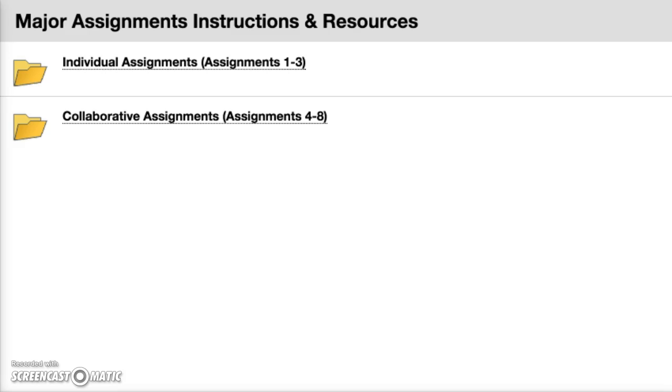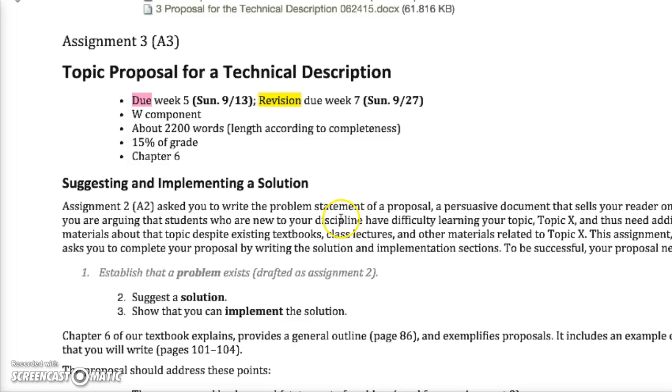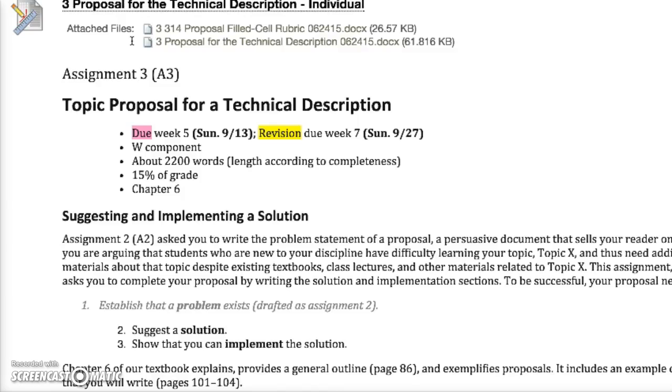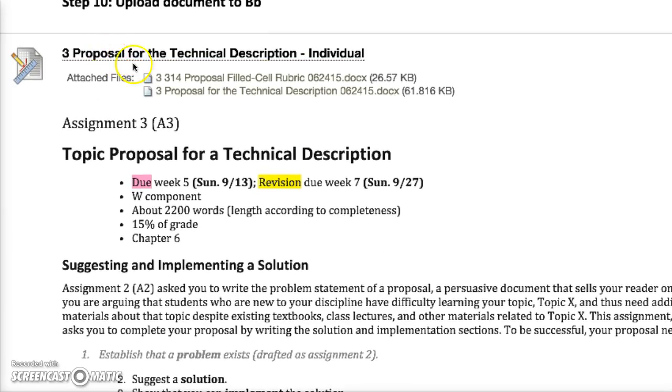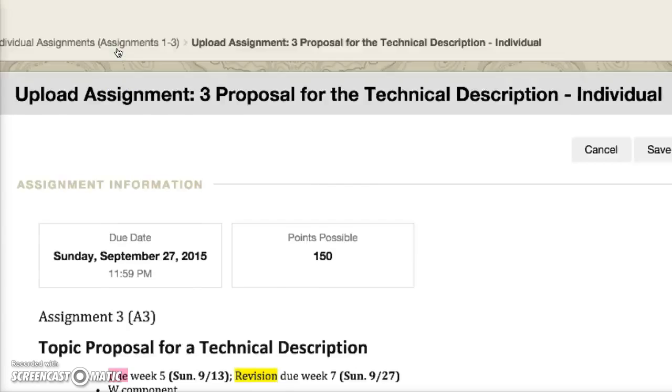Remember that when you go to upload your revised assignment 3, you should go into this individual assignments folder, click on that, which then should take you to the various assignments within that folder, and you can choose assignment 3. And if you click right there on the proposal for the technical description, that assignment 3 link right there, you can just click on that, and that will take you,